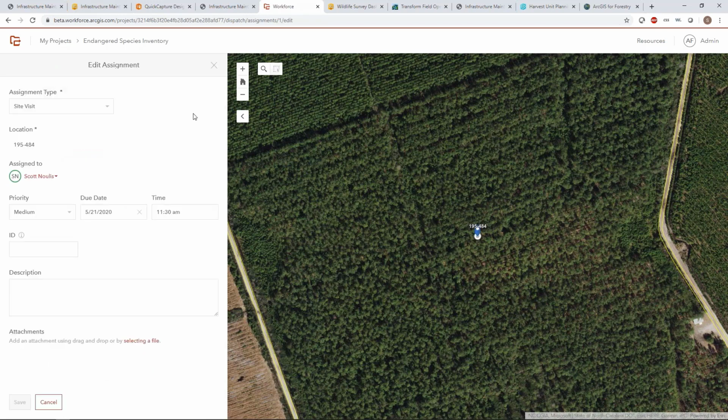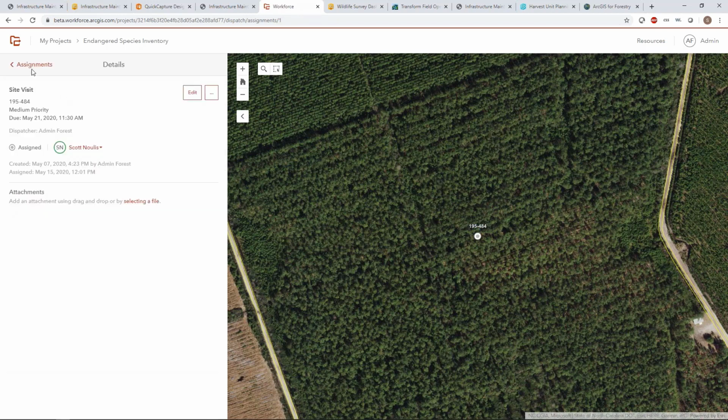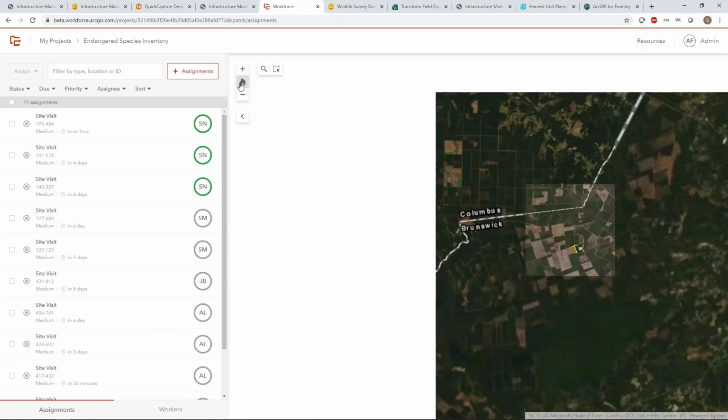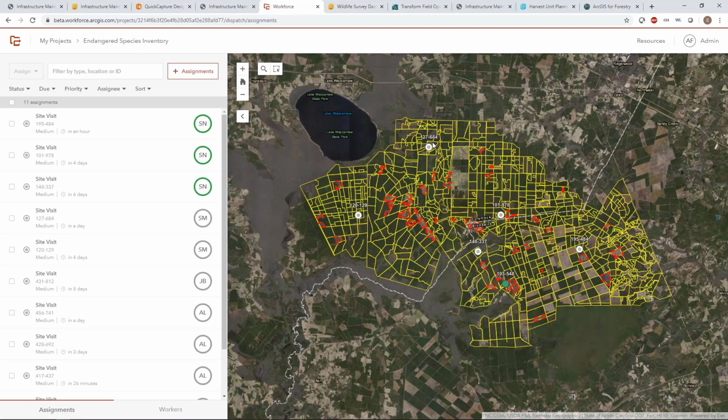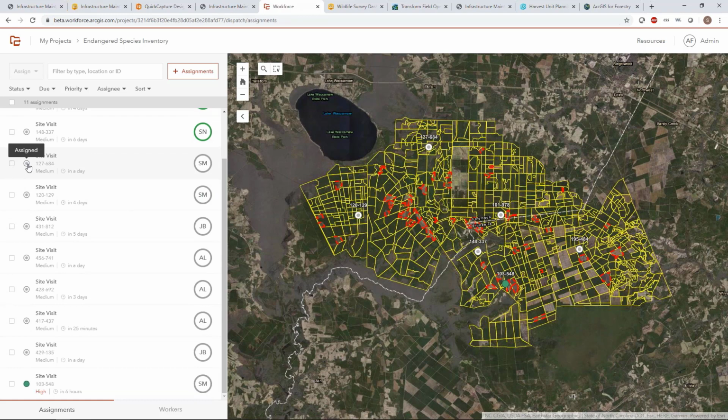At any time, the dispatcher can come in here and edit the information if it needs to change, but in general, this information is all defined when the assignment is created. So if we go back to an overview, what we've got here is essentially an assignment at each of those monitoring stations or observation sites. And we want to be able to track the status of our workers throughout the day as they visit each of those sites. So each of these assignments has a status associated with it, so we can see exactly which ones are still assigned, maybe which ones are in progress, or even which ones have been completed, and where those are located there on the map.